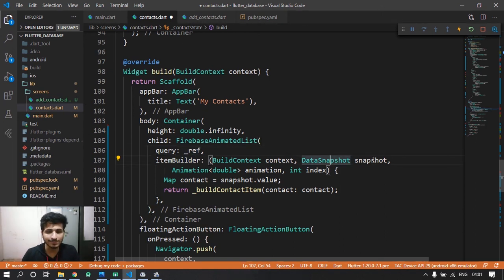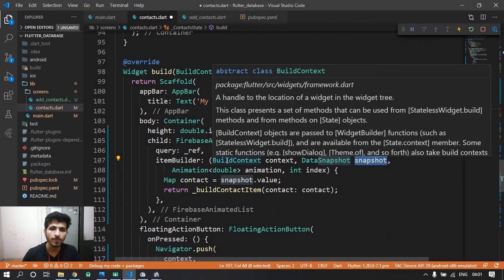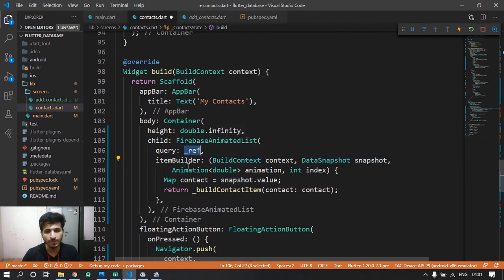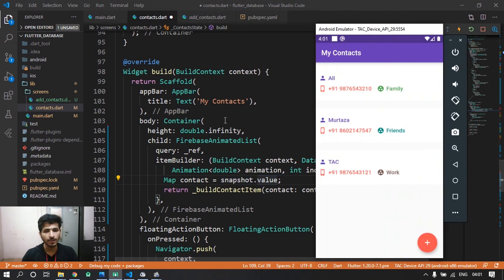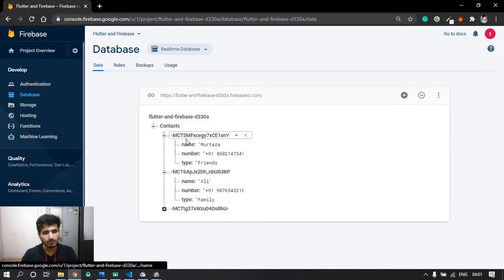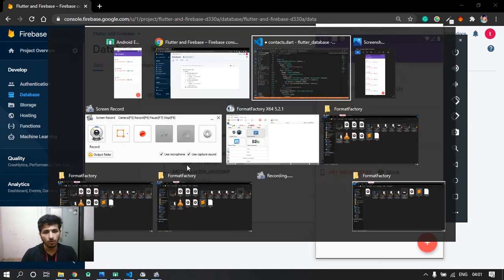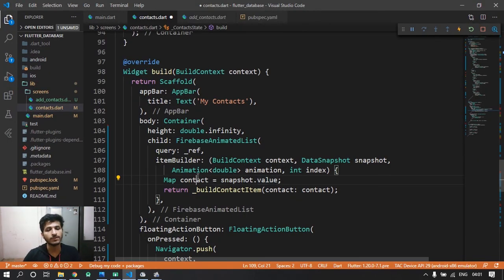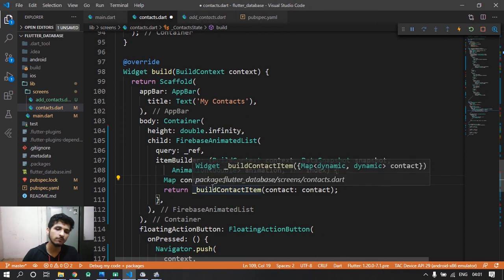And then in this data snapshot, we got all the data from the reference, and then we saved this snapshot data into a map format by calling snapshot.value. The snapshot.value brings all the data inside this node. So these three fields, name, number and type, were saved in this contact map, and then we pass this contact map into our build contact item.